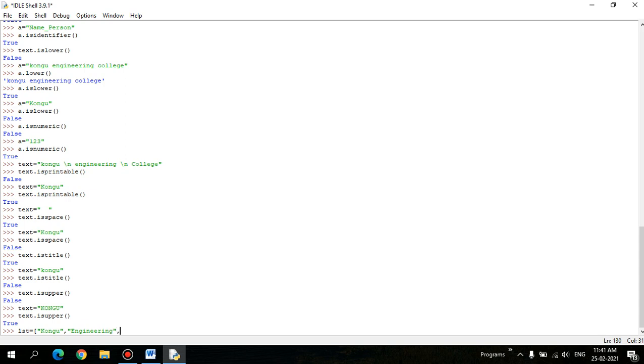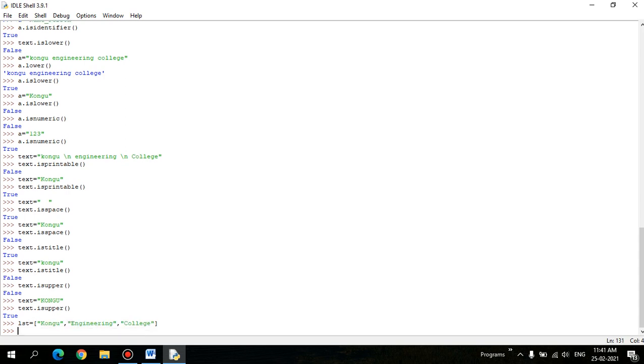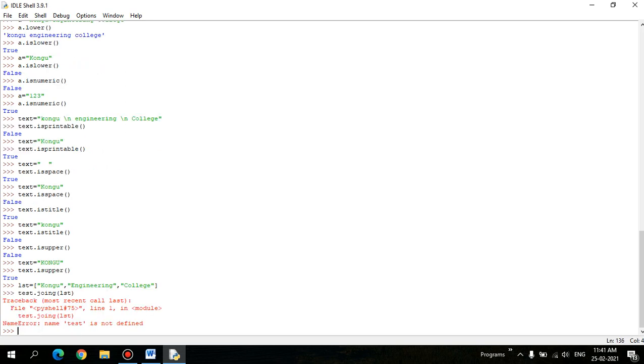Let's take a list, my list contains 3 elements. Now text dot, okay, let's have some other name, join of lst. lst is not defined, so test is not defined.